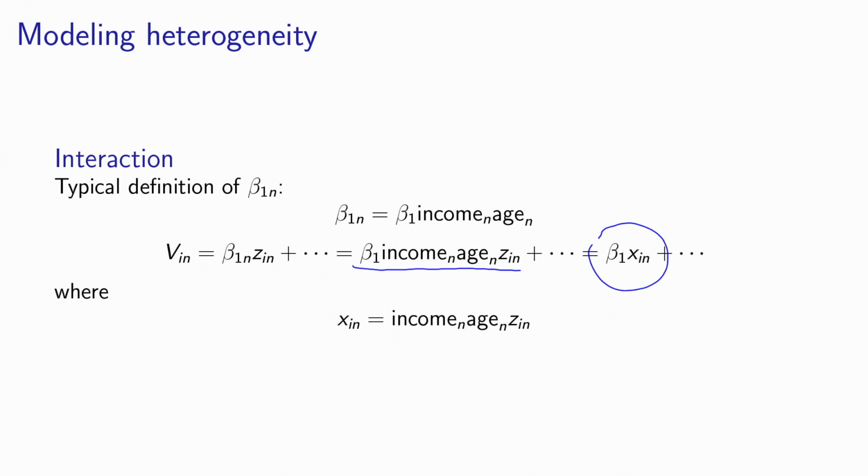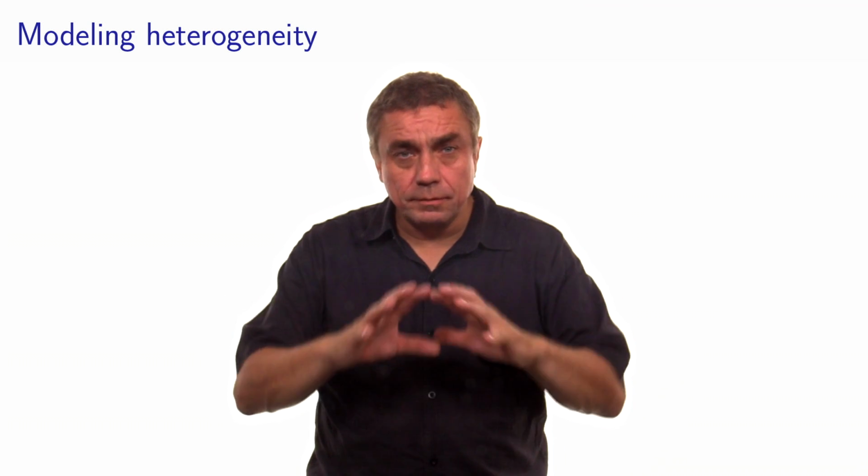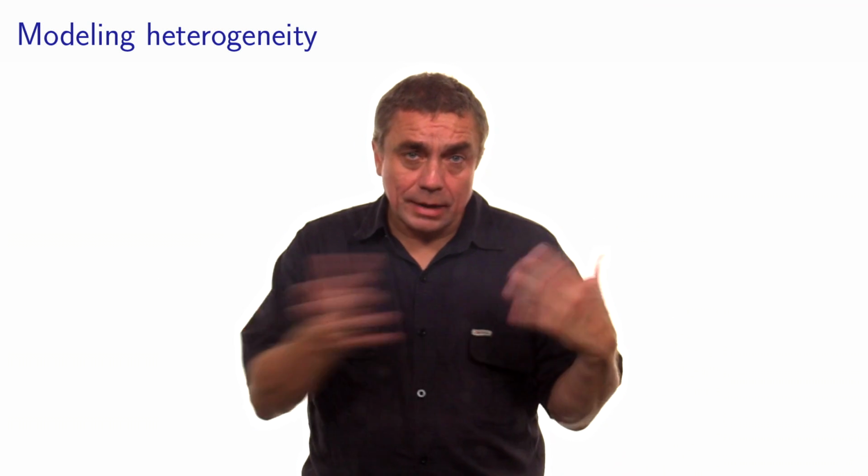So again, this more advanced modeling of heterogeneity involving two socioeconomic characteristics amounts to create a new variable, so a new column in your Excel file, that can be included in the model. So this is very flexible. I mean, you can combine all these variables in various ways by pre-processing the data. You can decide to interact several variables together, attribute socioeconomic characteristics, to define new variables and include them in the linear in parameter